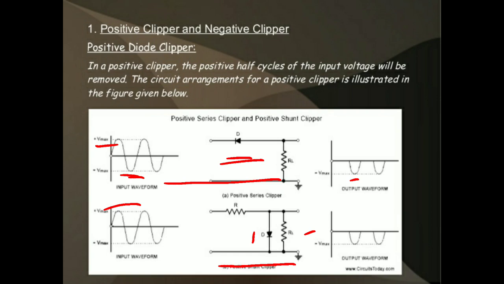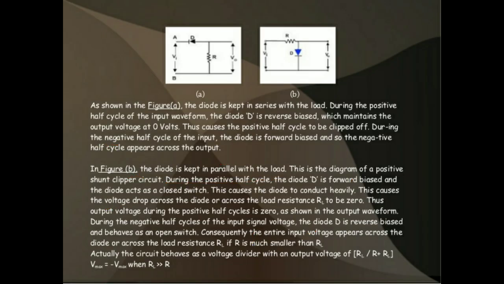So in reverse bias condition, it does not conduct, so the same input can be passed to the output. So this is the output. This is the positive shunt clipper. Next one,